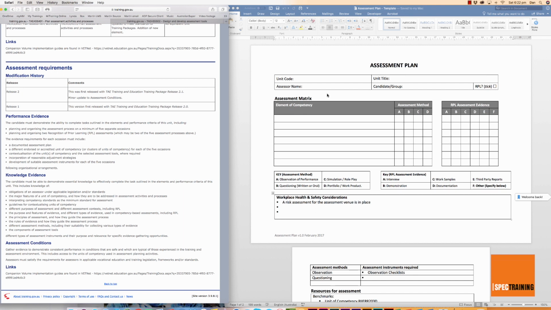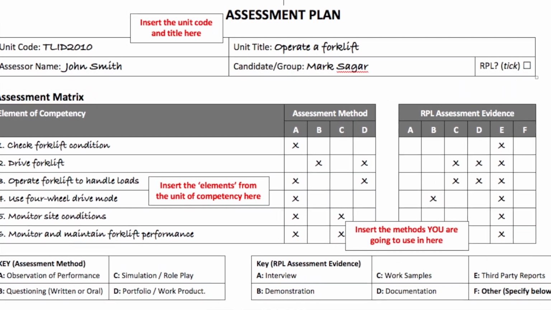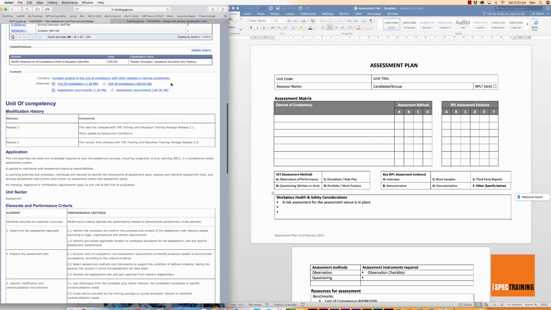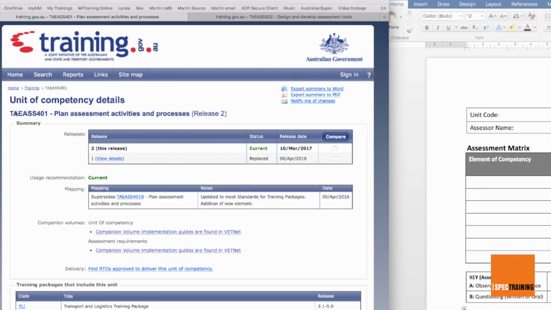A lot of this is very self-explanatory, and we do have a completed example in your kit that shows one that's filled out, but creating one is a little bit different. So unit code and title, that's pretty straightforward. This is the unit of competency title from the unit that is on training.gov.au. Okay, so you look on the side here, I've just chosen the TAEASS 401, so you would simply put